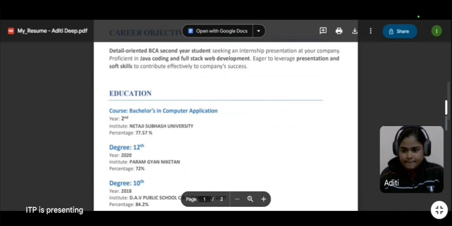Okay. And Aditi, have you heard about volatile variables? Yes, sir. So, what is a volatile variable? Sir, a volatile variable is basically a variable in which we perform read and write operations in the main memory itself.